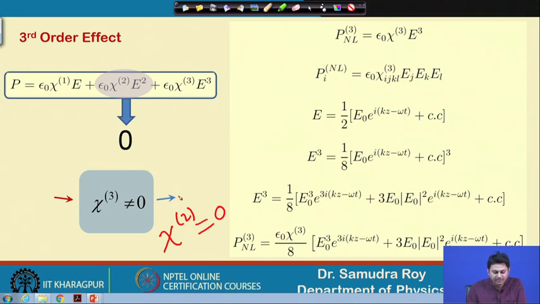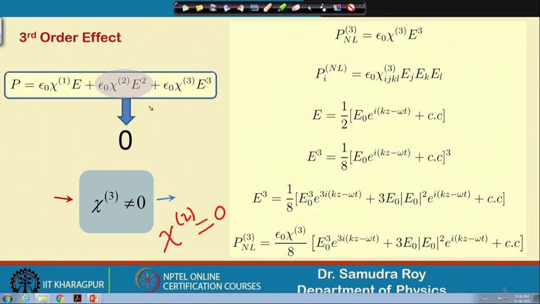So, the question is what we are launching if it is an electric field. What kind of phenomena will there be in the presence of chi 3, and what will we have in the output? That is our goal. So, our P is now, as I mentioned, modified; this term will not be there anymore.